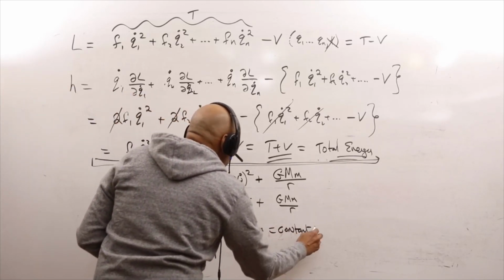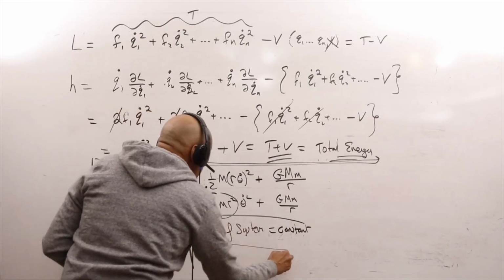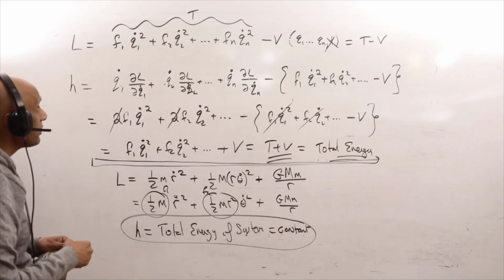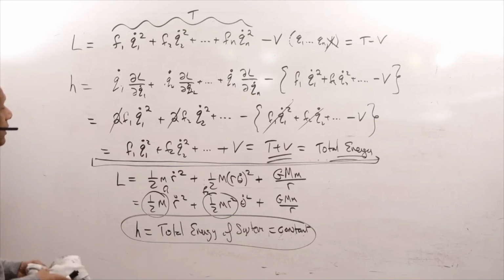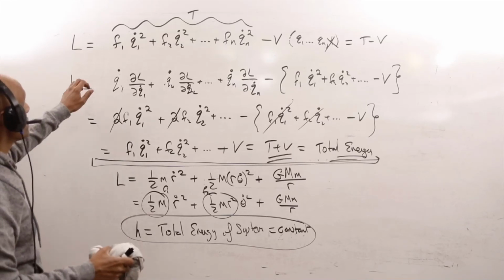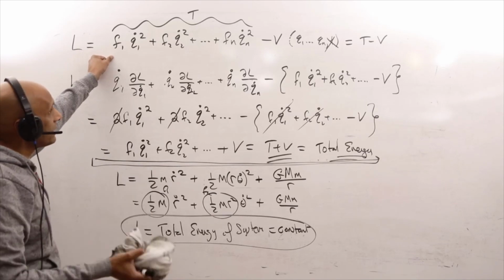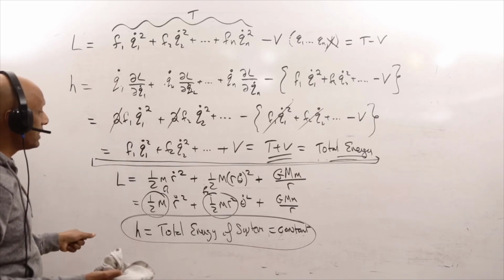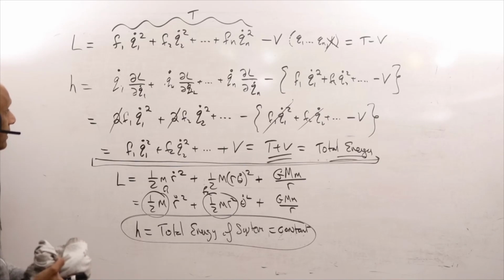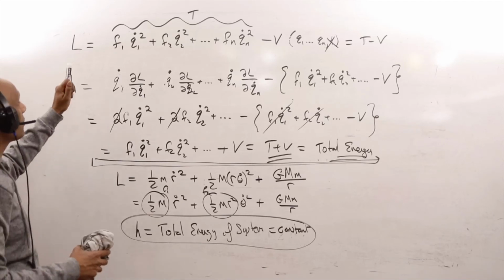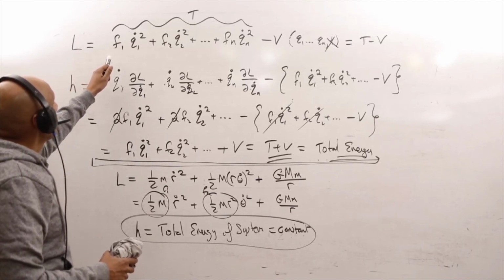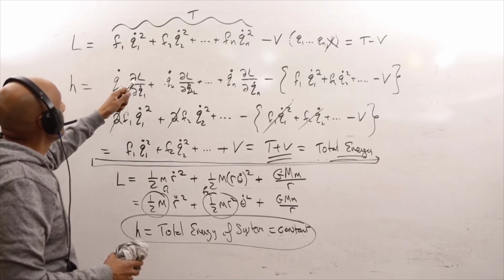So it's very specific. There are only specific Lagrangians. Not every Lagrangian will have conserved energy. But some Lagrangians, when they have this form and they're missing t, have energy that is conserved, and that h function is the total energy. So it's a very important idea that if you have a Lagrangian, and this Lagrangian actually